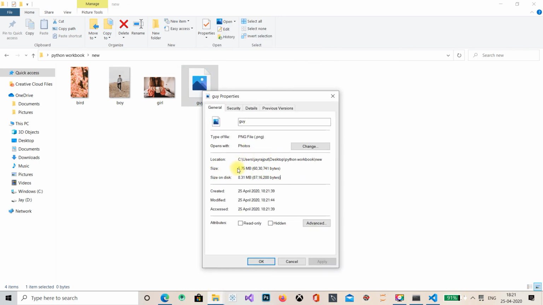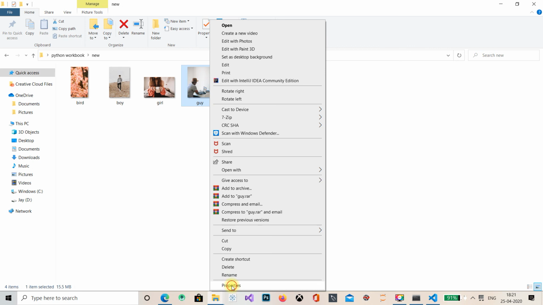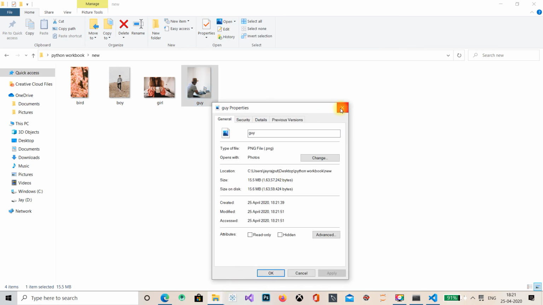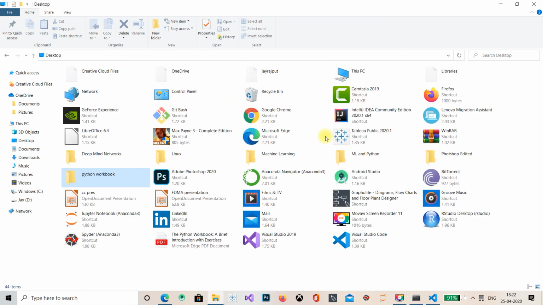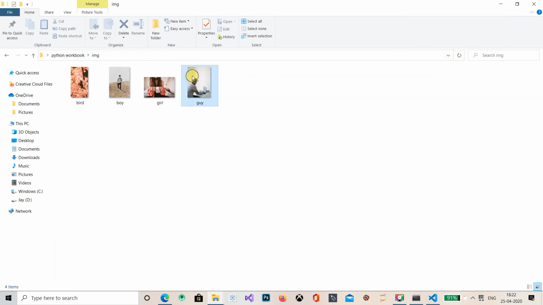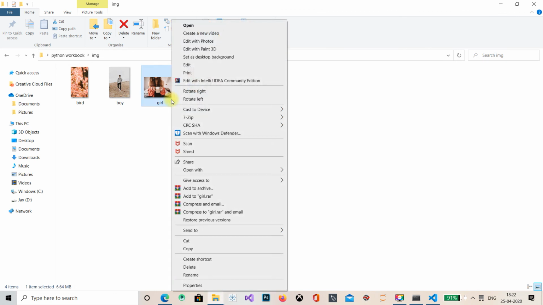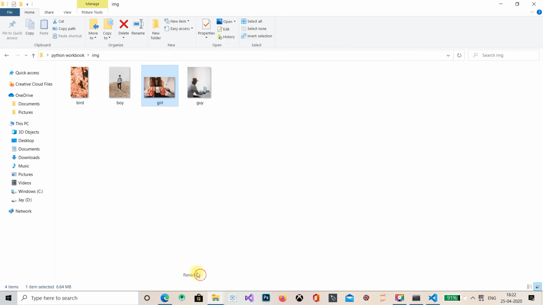Size of 5.78 MB, size on disk is 3.31 MB. So guys, let's visualize this size. Actually it's 15 MB. Okay, no issues. Let's visualize the actual size. This image: the jpg image is 2.48 MB, png was 15 or 17 MB, right guys?